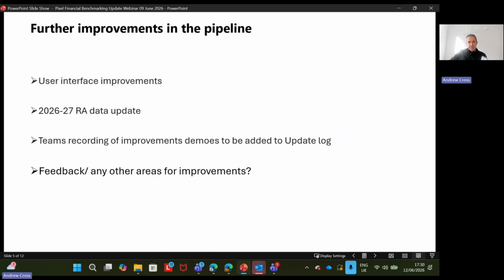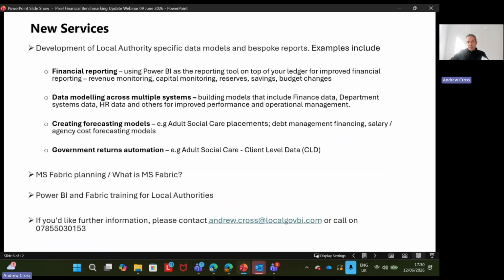And we'll be adding the Teams recordings to the update log. Okay, so the last thing I want to tell you about is that in addition to the benchmarking service, we are also going to offer a service, should anyone want to contact us about it, about how we can use our Power BI skills and modelling skills to help local authorities with their own in-house bespoke models and data